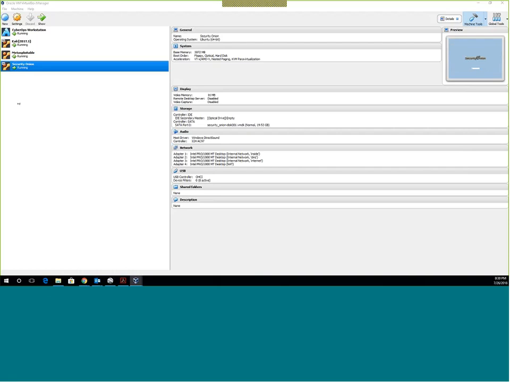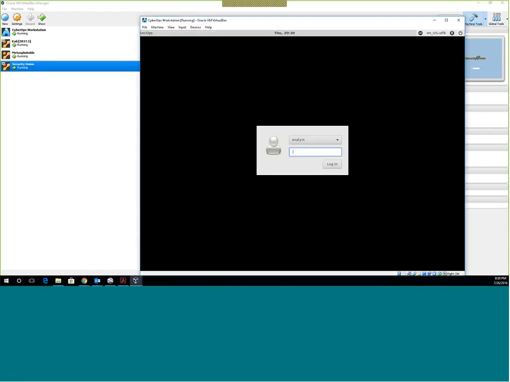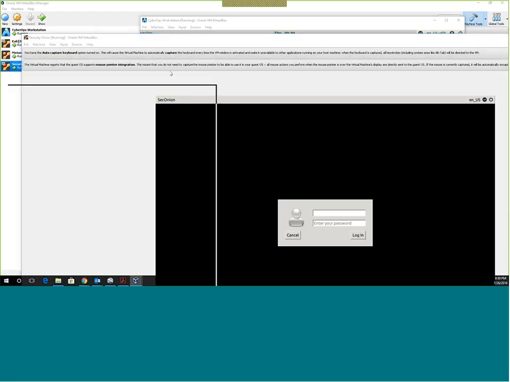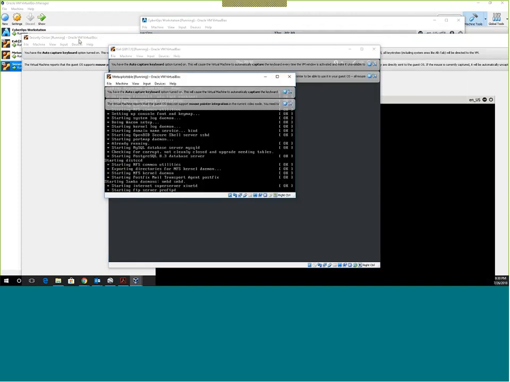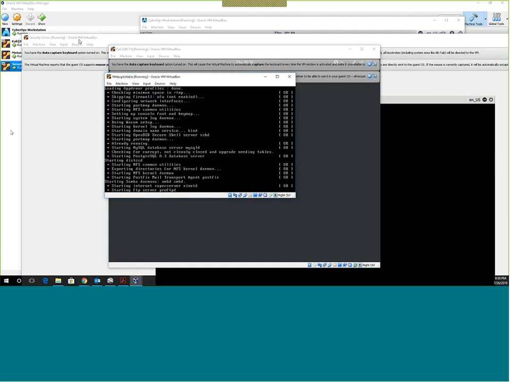But at this point, folks, we've got all these machines, and they are running. Cyberops Workstation, we've got the Security Onion running, that's the Kali box, and Metasploitable is booting up. So all four machines are getting ready to run and are ready to go.